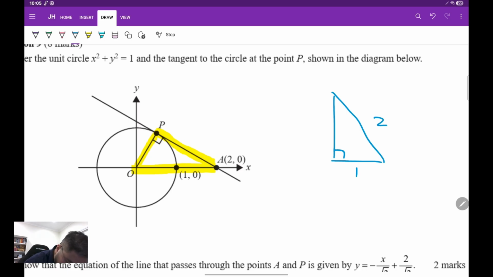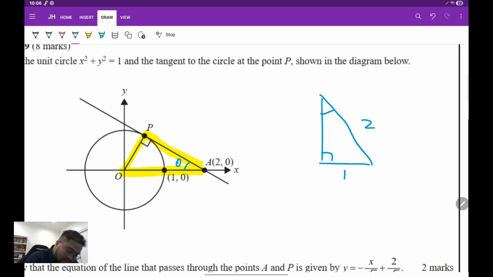And as a result, we can then use this to work out that missing side, which will be root 3, because square root of 4 minus 1, root 3. So at this point, we are associating this theta angle with that theta angle there, and we want to calculate